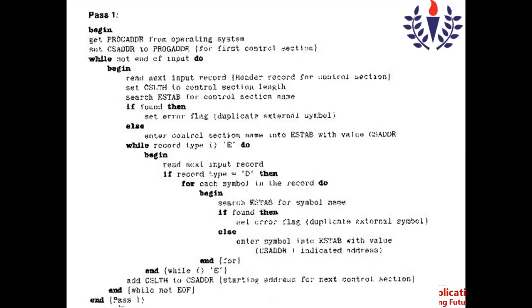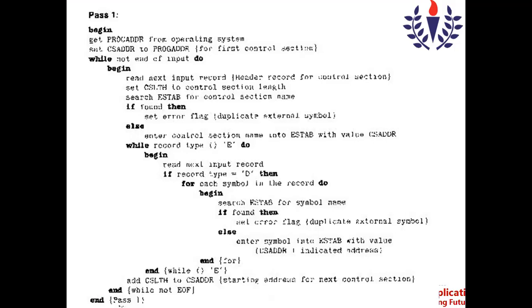In the same way, here also the linking loader searches the ESTAB for the control section name. If it is found, so it is able to see the entry in the ESTAB, then it reports an error saying that it is a duplicate entry.